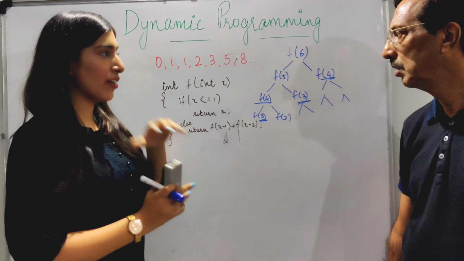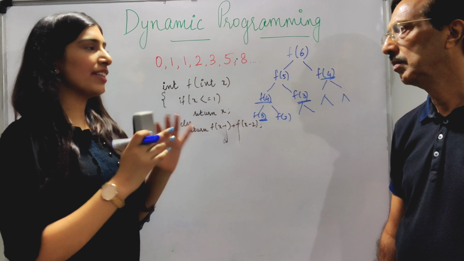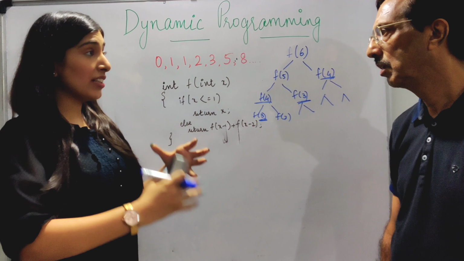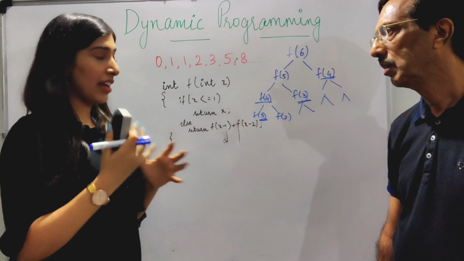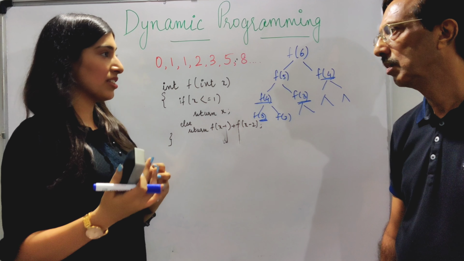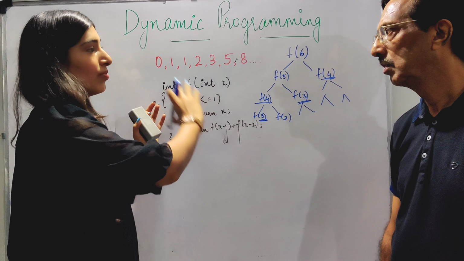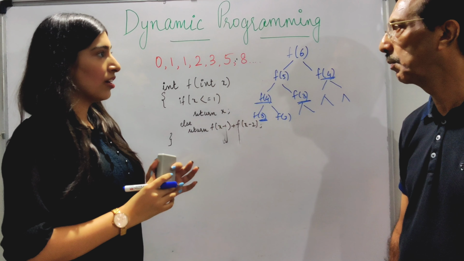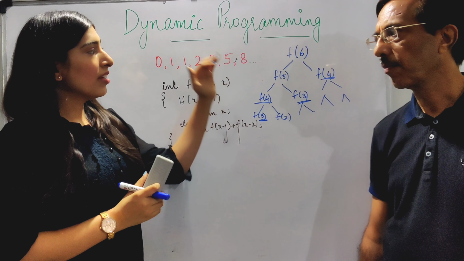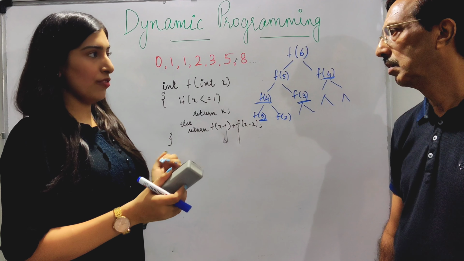So if the values that have to be calculated are very small, so x values are say till 4, till 5, it really doesn't matter. But if x values are really huge, then the time will increase a lot. It will increase exponentially. And this is what I will actually show you, the time that it takes with DP and without DP. You will see it actually in the code. DP is dynamic programming. But in DP you will end up taking some extra space. So it's a trade-off.